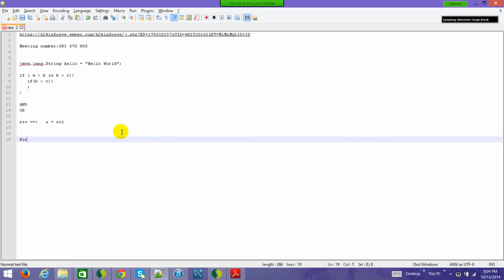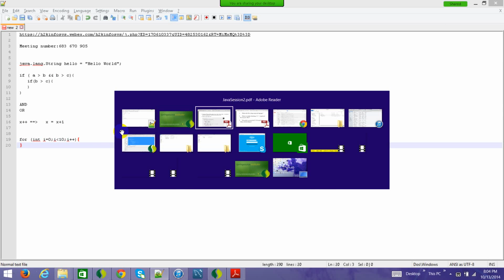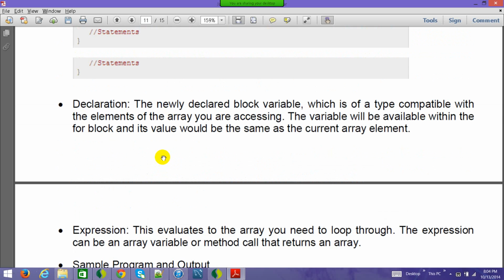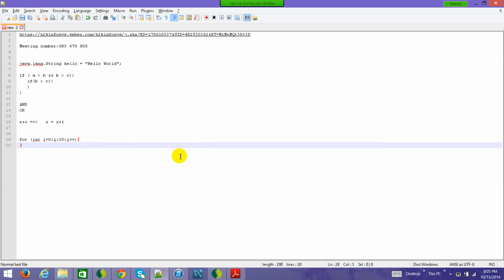If I define for int i is equal to 0, i less than 10, i plus plus, and then I have the same piece of code which was out here, the same System.out statement.